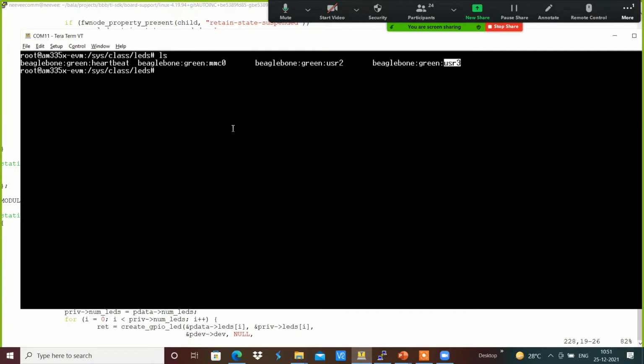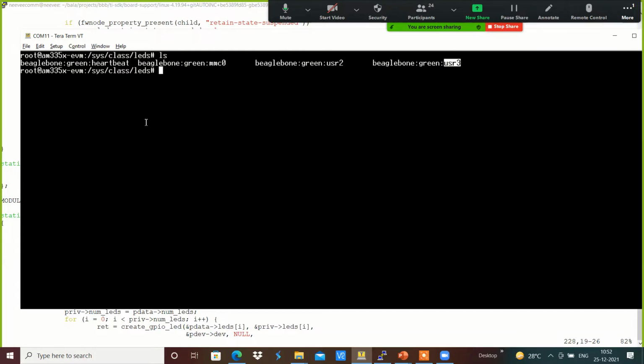This is something like a sysfs file system. These LEDs get exposed so that from user space we can directly access those parameters to change the brightness of the LED, or switch the LED off or on.